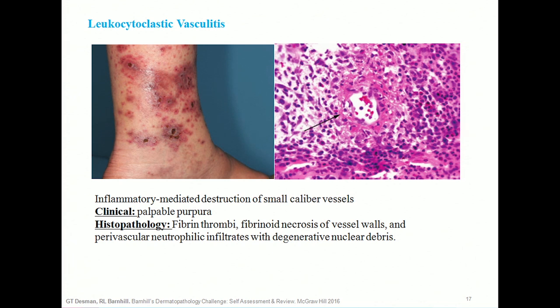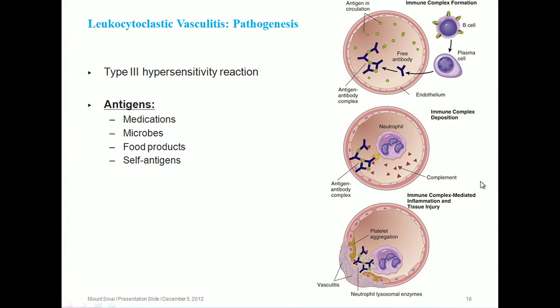Leukocytoclastic vasculitis is a type 3 hypersensitivity reaction against vessels. It's typically the small caliber vessels. You'll see fibrin thrombi, necrosis of vessel walls, as well as perivascular neutrophilic infiltrates with leukocytoclastic debris. So the mechanism is basically the antibody-antigen complexes circulate through the bloodstream, get deposited in vessel walls, which will activate